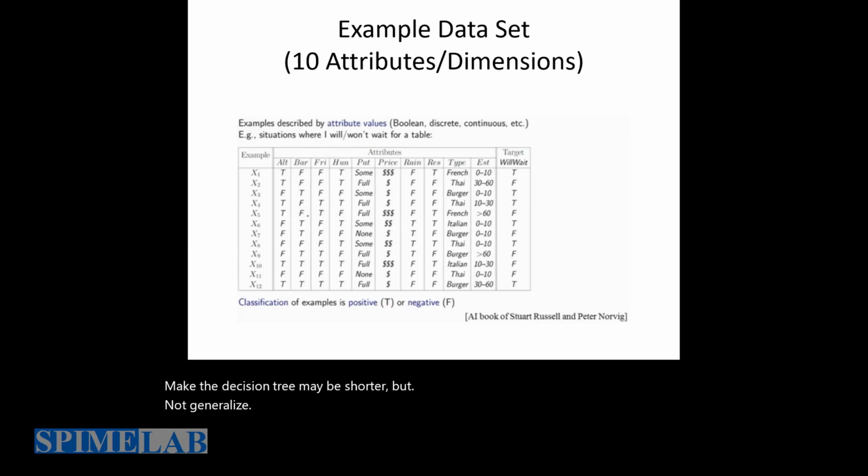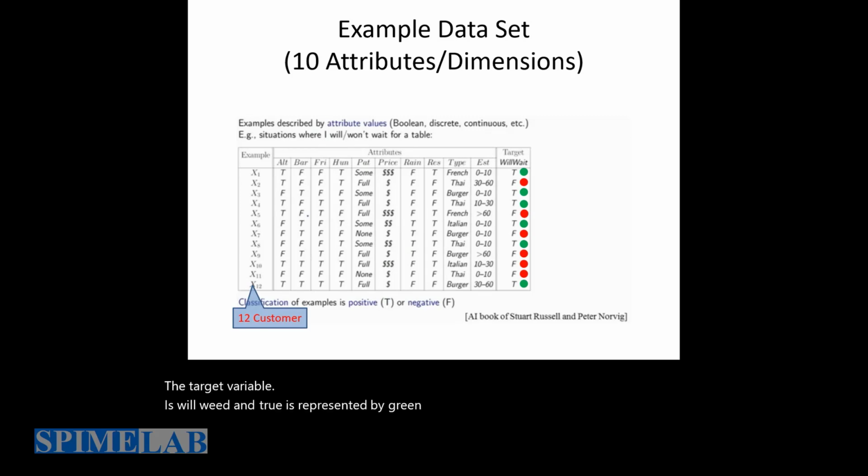The example data looks like this. So we have 12 examples. The target variable is will wait, and true is represented by green dot and false is represented by